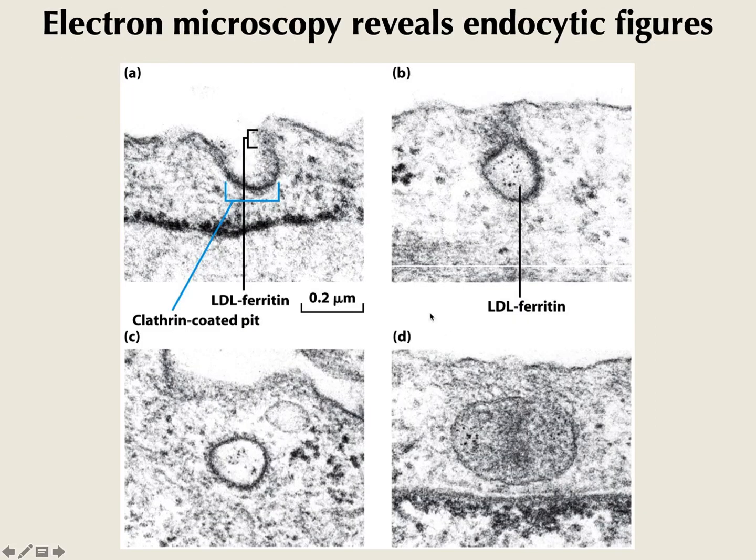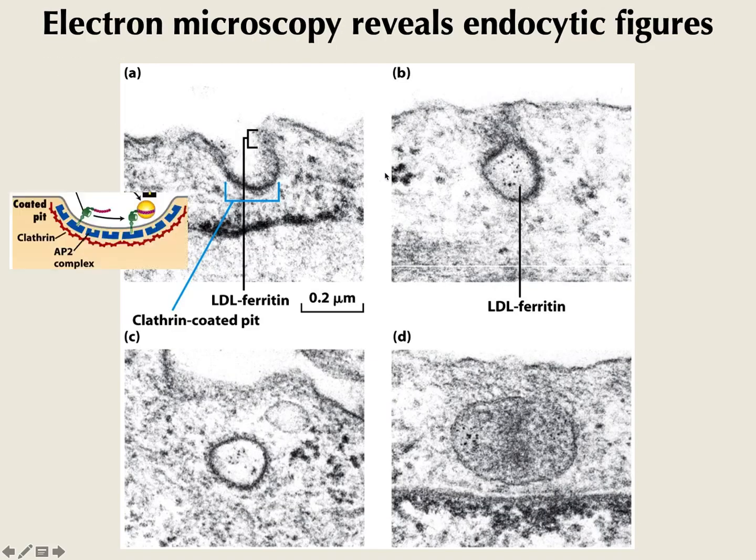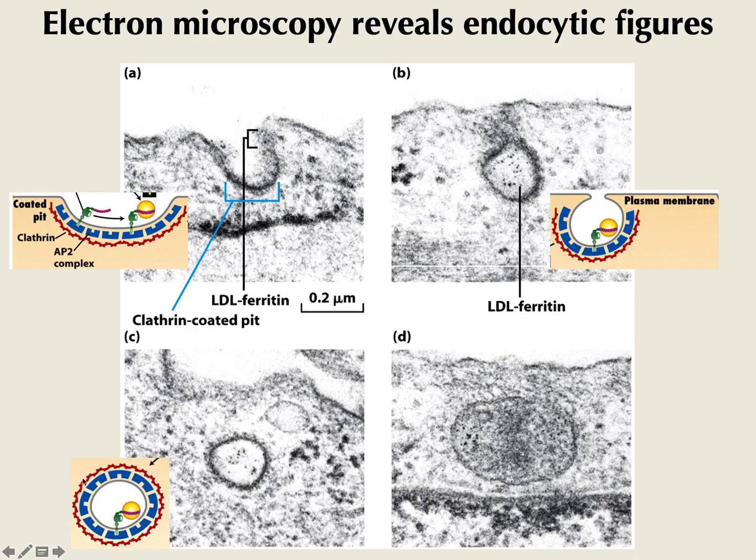So formation of the pit, with binding of the LDLs and recruitment of the clathrin coats, formation of the vesicles, pinching of the neck with the LDL ferritin particles inside, then eventually complete pinching of the vesicles off from the membrane with the LDL ferritin inside. There's still a coat. Eventually that coat has to be shed, and later on these vesicles fuse with the endosome,